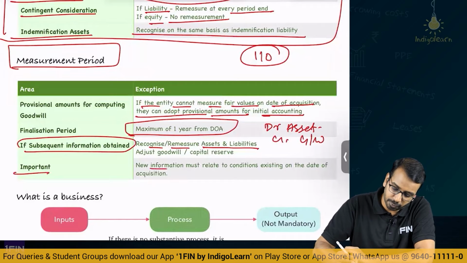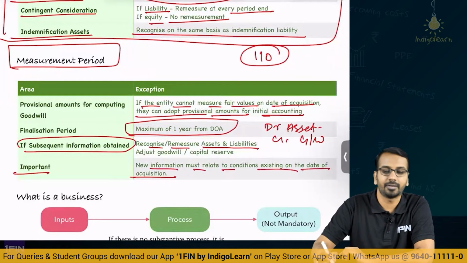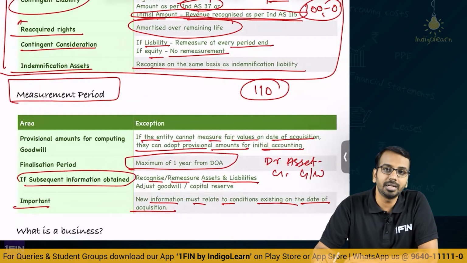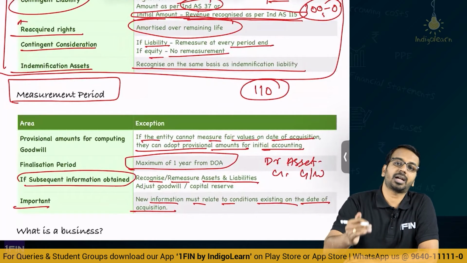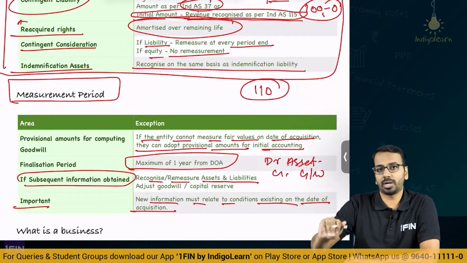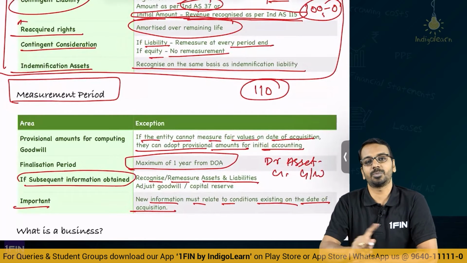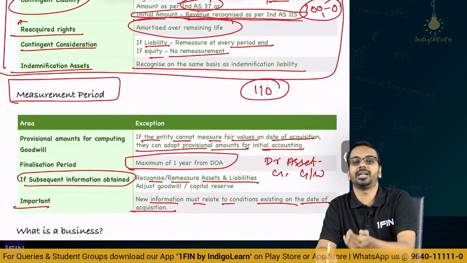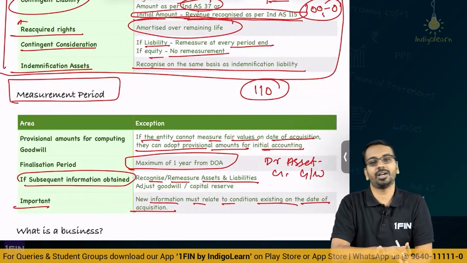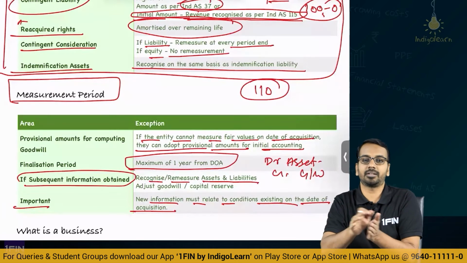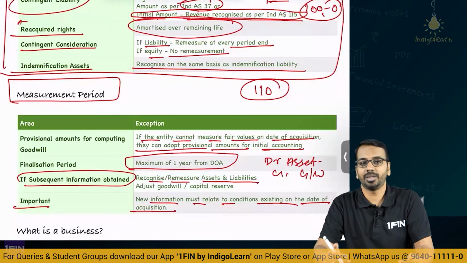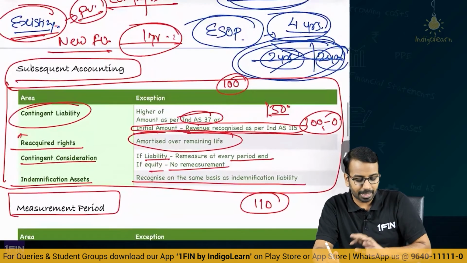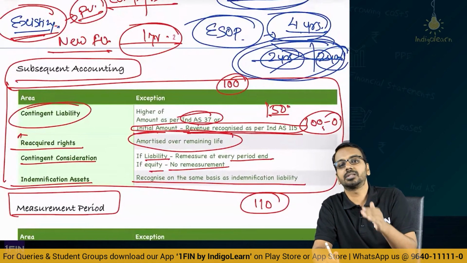One important thing is the information must relate to conditions existing on the date of acquisition. So whatever new information you get in that measurement period of 1 year, it has to be for conditions existing on the balance sheet date. For example, there is a contingent liability. Now subsequently after 6 months the court has decided, that is not a part of adjustment because of the measurement period. Okay, so that you will have to consider as a part of updation of contingent liability. But if you could not determine the fair value of contingent liability, and subsequently you calculated the value of contingent liability, then that has to be updated, right. So this covers a major part of adjustments that are to be done when we do business combination.